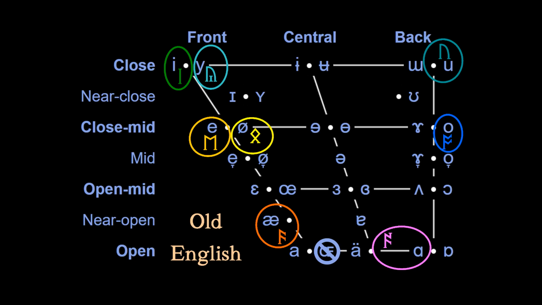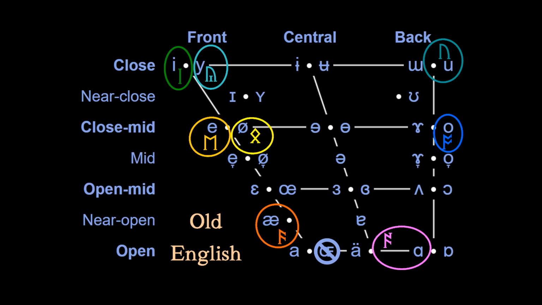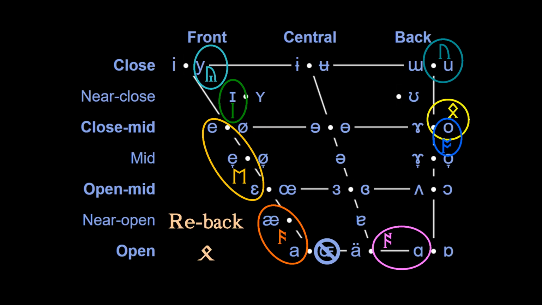The point of this video is to propose what we hope is a better system for how to make the runic vowels work for today's English. We'll start with pure vowels because they're the easiest to see on the chart. Historically, the vowels represented by Is and Ash all lowered. Although Ethel sometimes merged into Ash, under certain circumstances it backed, putting it right on top of Ors.